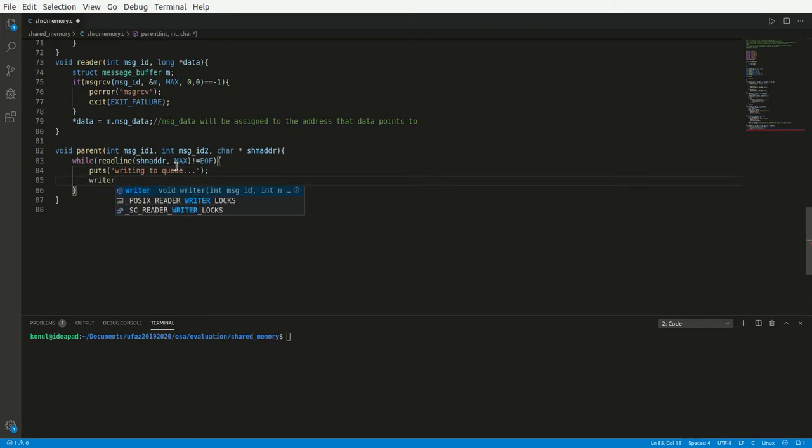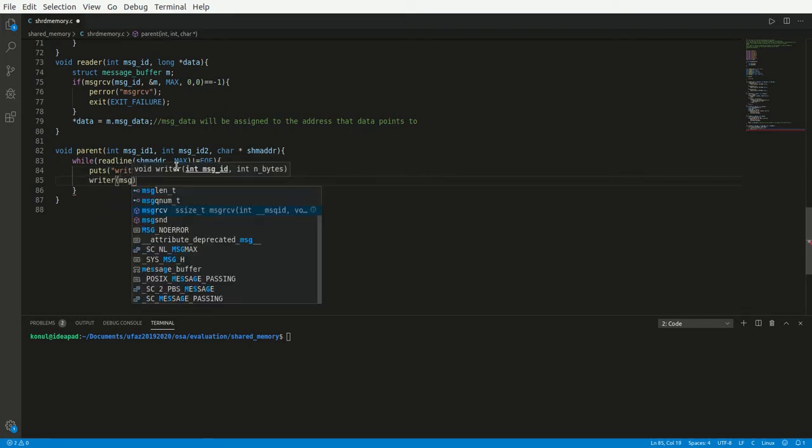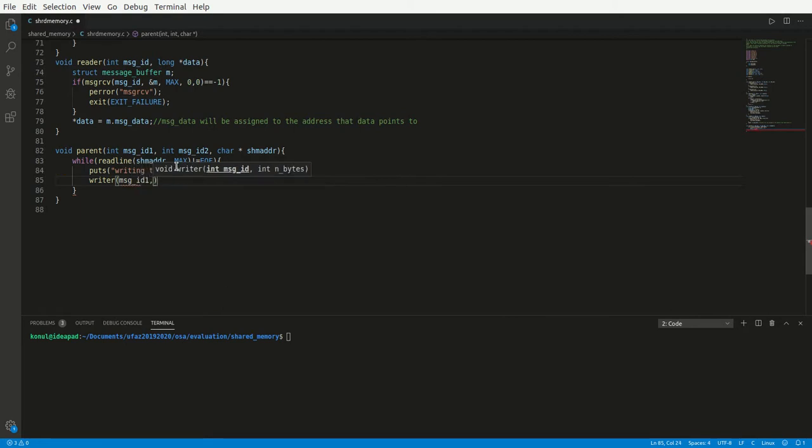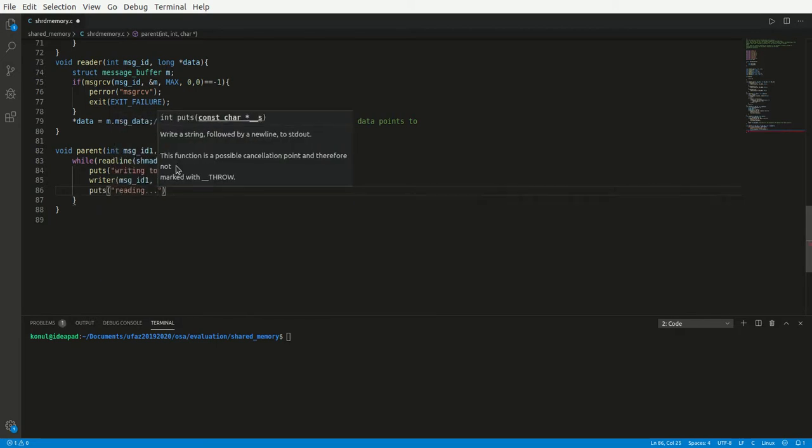and I'm going to call the writer function here, which takes as its first parameter a message ID. So I'm writing to the first message queue, and then what I want to write is the length of the data that's stored in the SHM address, right? So I'm just going to write string length SHM address. So this way I wrote the length, the number of bytes, in the message queue, and then I put here reading, and then